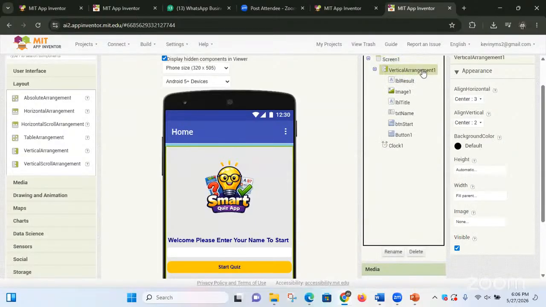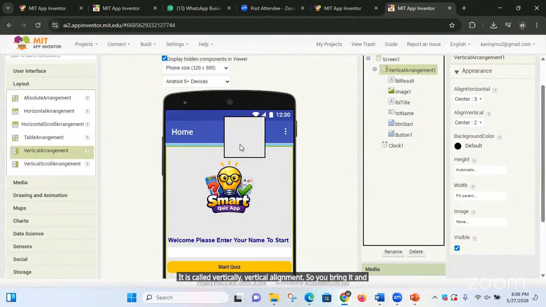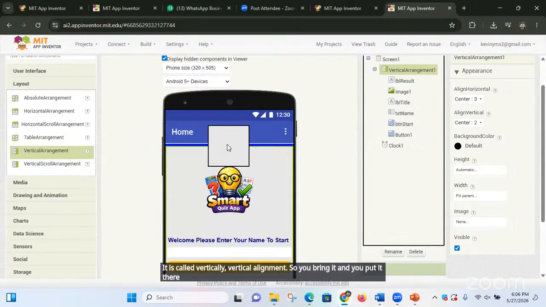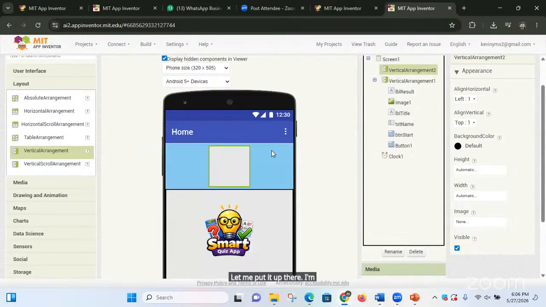There is the first layer called vertical alignment. So you bring it and you put it there. Let me put it up there. So I'm going to delete it. Then after inserting that vertical alignment,